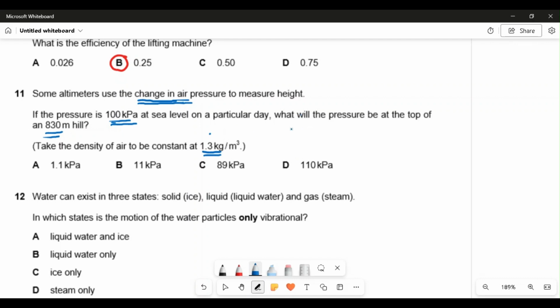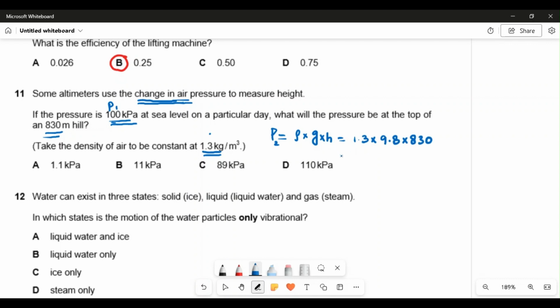For a fluid, pressure is equal to density times gravity times the height. So pressure at this height, let me call it P2, and the initial pressure, P1. P2 is density, we know 1.3, gravity 9.8 meter per second squared, and height is